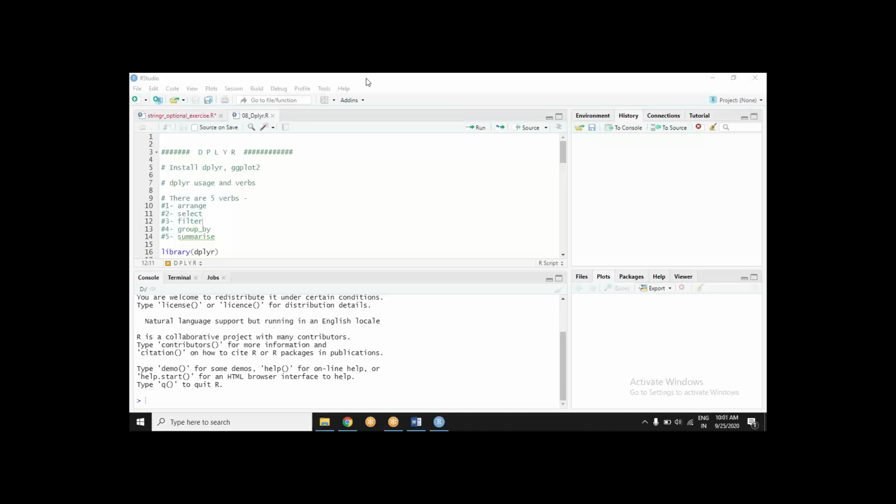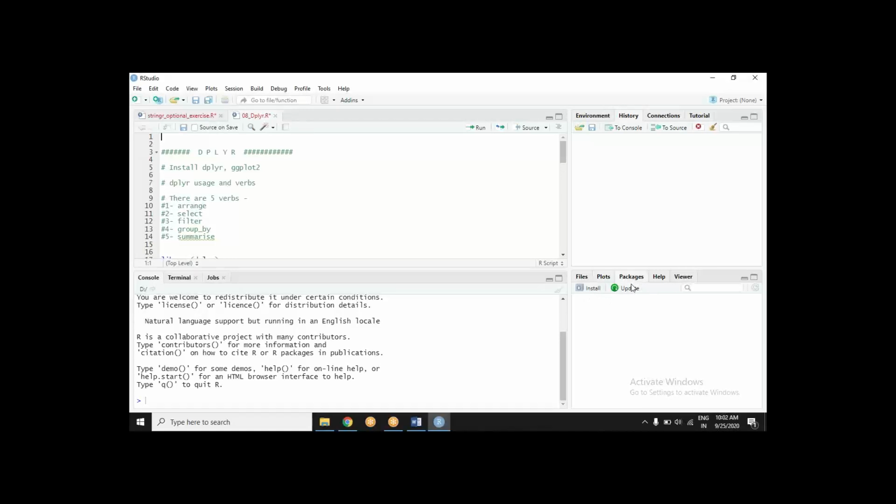Next, one such utility package is dplyr. Perhaps I mentioned that here in the chat box. So you can install this package as well.